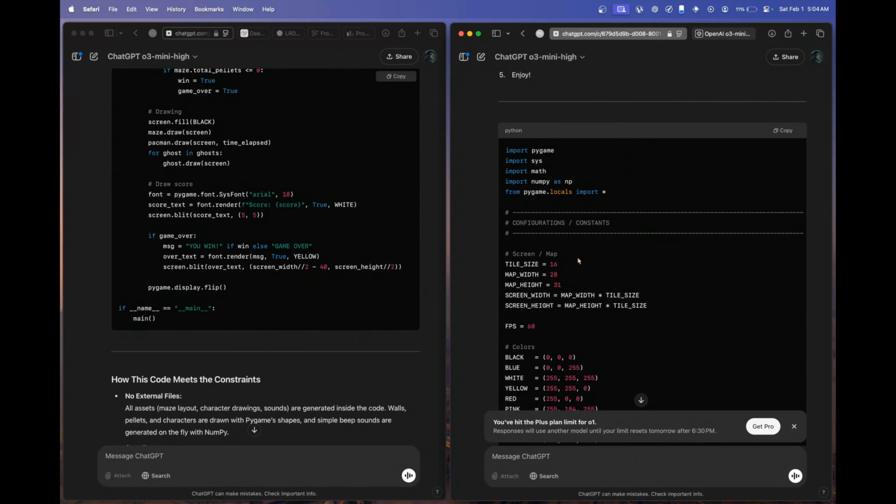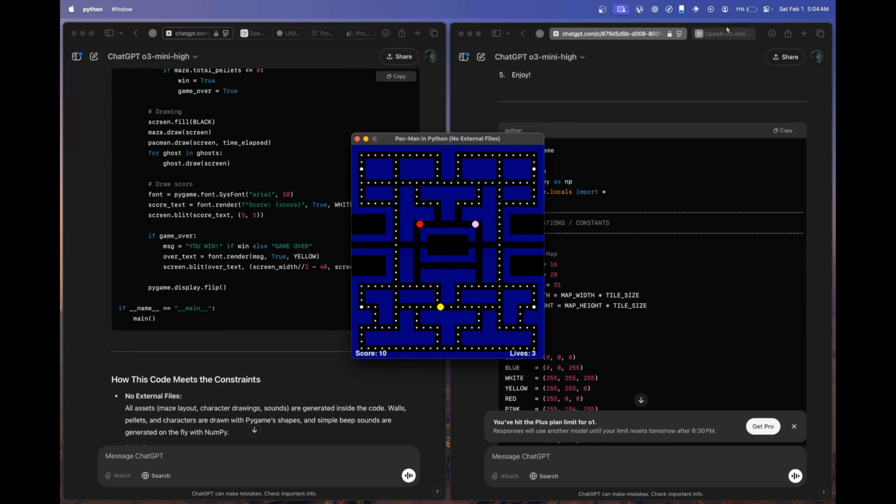So let's compare O1's response to O3 Mini. Since my O1 responses have already been exhausted, it shows it has automatically switched to ChatGPT O3 Mini High. So let's see. Okay,